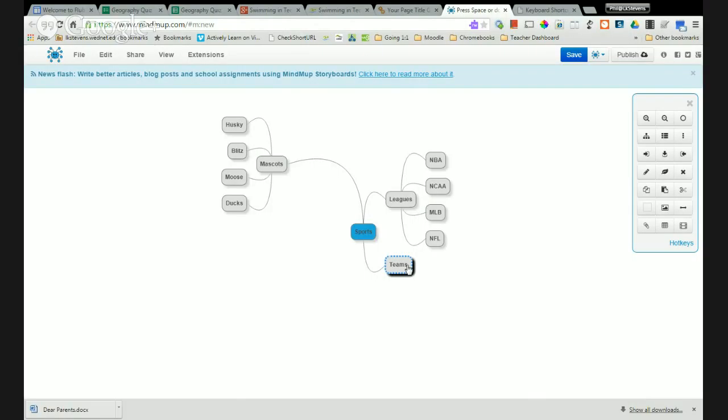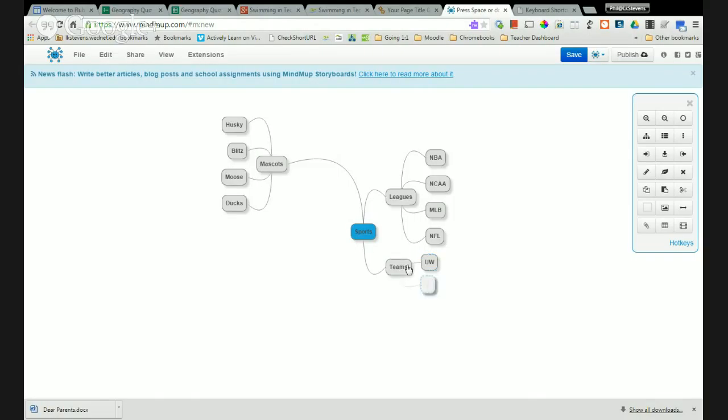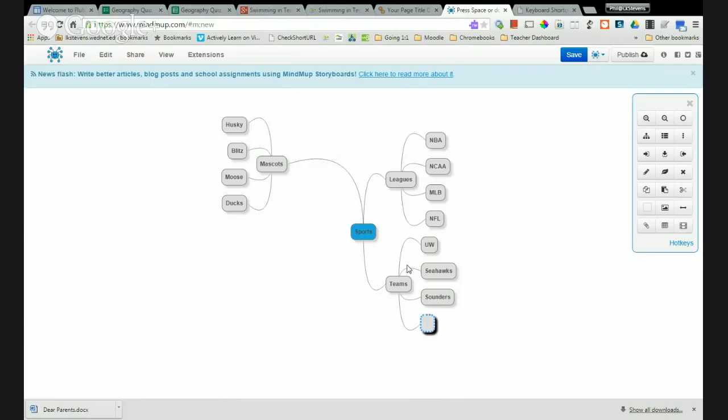How about a few teams? Again, I'm just hitting tab to get started, and then I enter after each one. So some teams would be the Huskies. That's really all that's important. Let's say UW. Okay, gotcha. And that includes all sorts on that one. If we're thinking important ones, Northwest, right? Sounders. Somebody was an announcer for that at one time. Okay, so we've got some